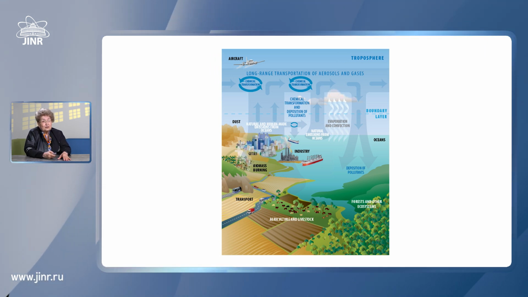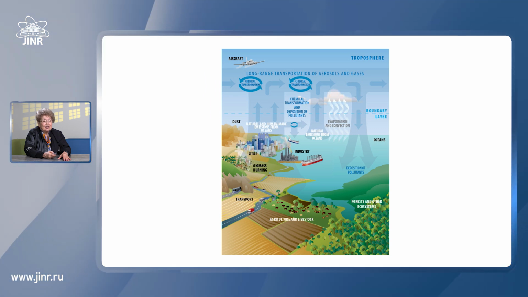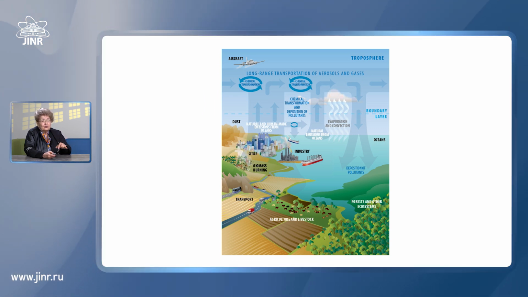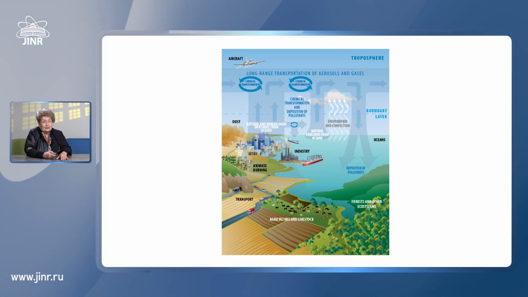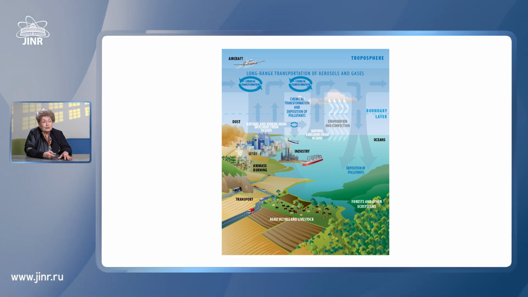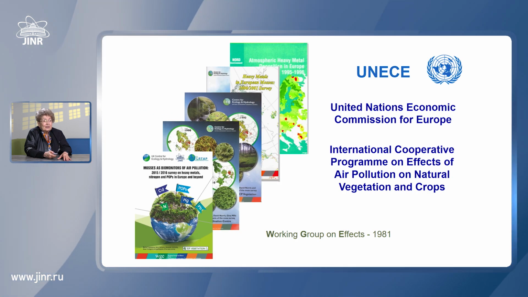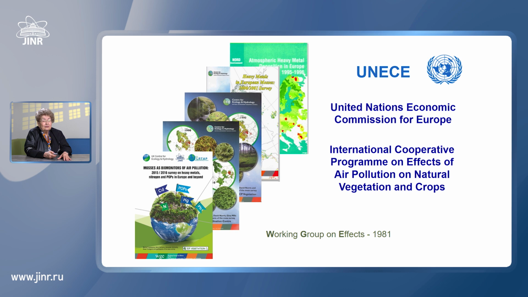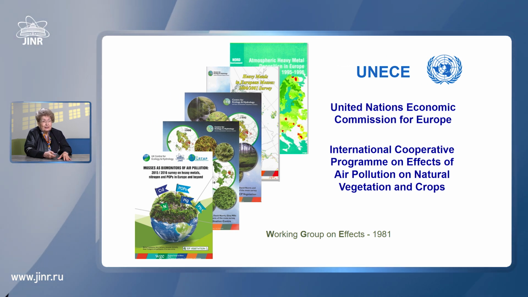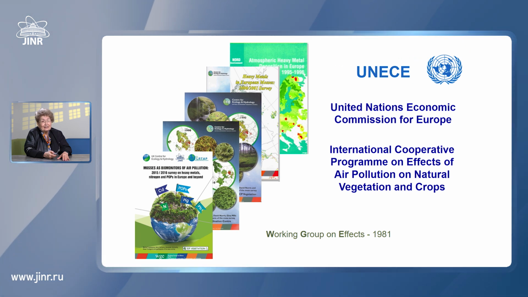That picture gives you an idea of the main pollution sources: industry, agriculture, migration and circulation of air, contaminants in air. It shows that there are many pollution sources here, including transport and other things. Every 5 years, under the auspices of the United Nations, under that commission, UNECE ICP Vegetation, mosses are collected all over